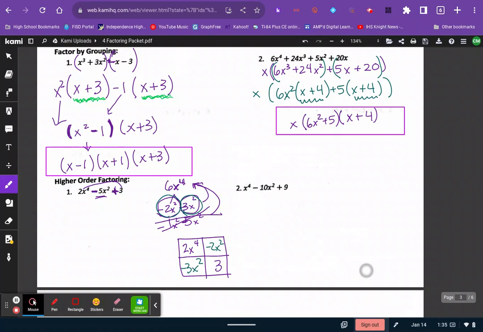And then I begin to factor out GCFs from each column and each row. 2x squared,